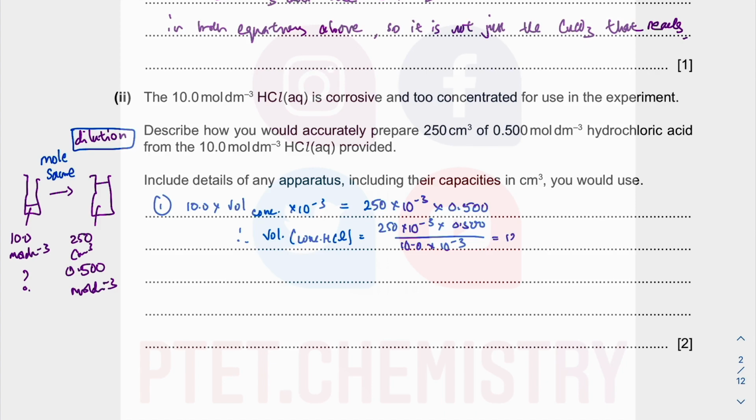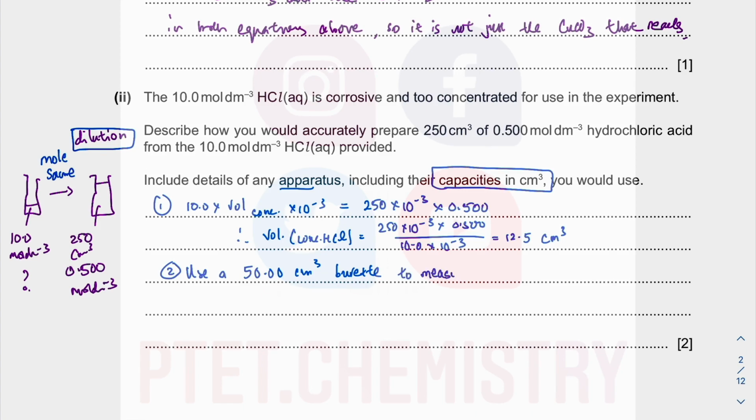So I need 12.5 cm cube. That's what my calculator showed me, 12.5. But you will know better that we will need a burette. So use a 50.00 cm cube burette. A burette is accurate up to 2 decimal places. They want any apparatus including their capacity in cm cube, so I'm just doing whatever they say here